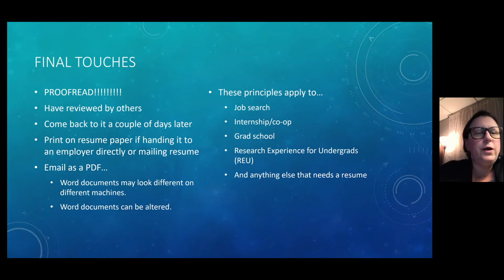So, come back to it a couple of days later if that's what it takes too. Sometimes you see something in a different light in a couple of days. So if you need to take a break for a day or two, come back, then you can reread it with a fresh pair of eyes.